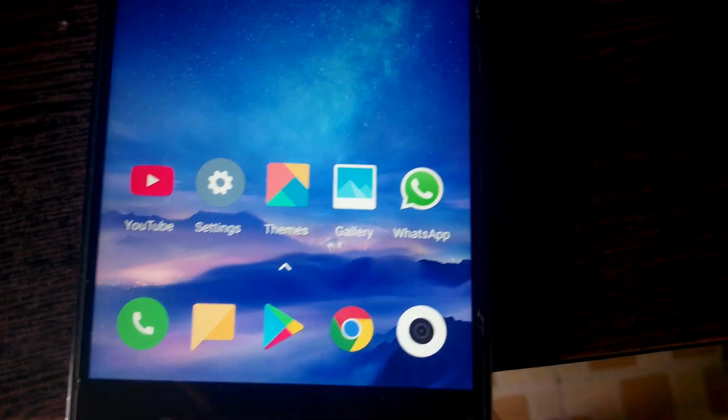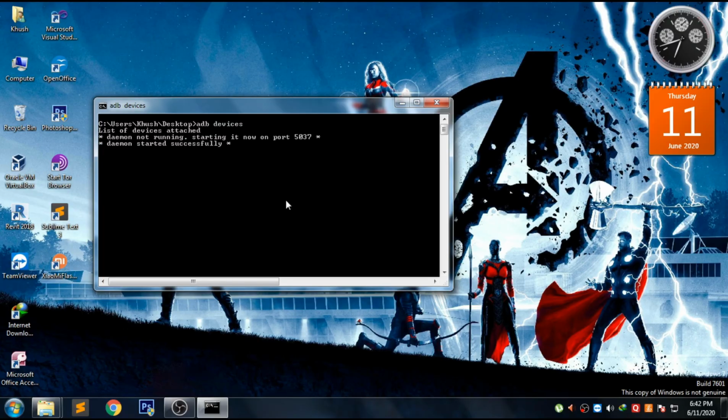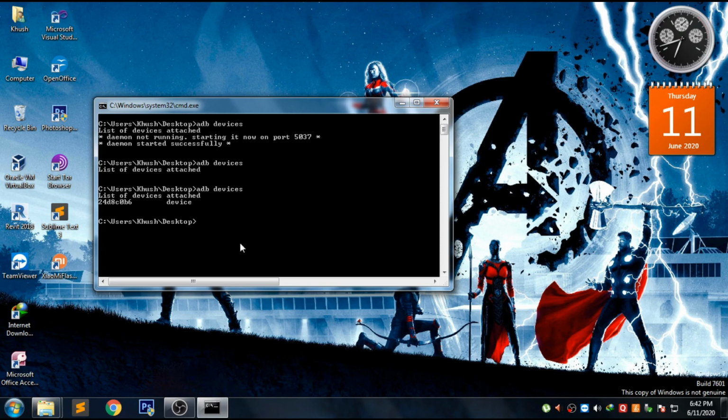Just click on OK, and this will give permission to access your phone through ADB commands. This will show whether your phone is connected to the computer or not. Okay, it is showing the list. Okay, as you can see here, it is showing my device.